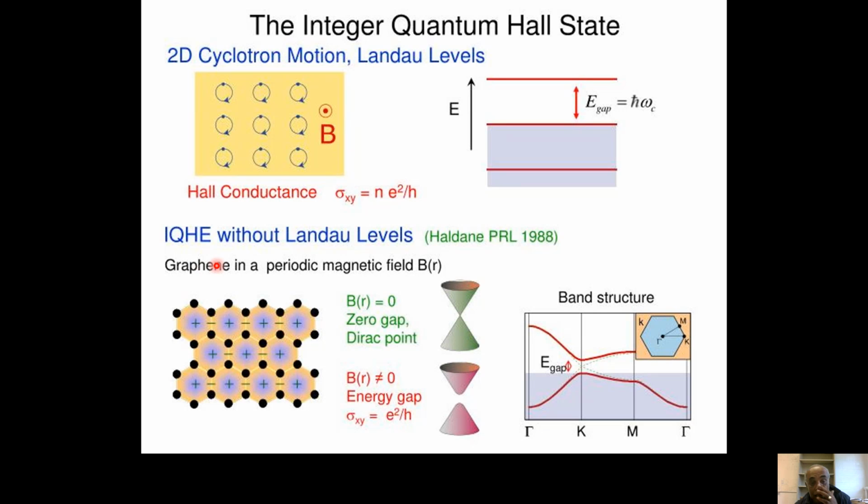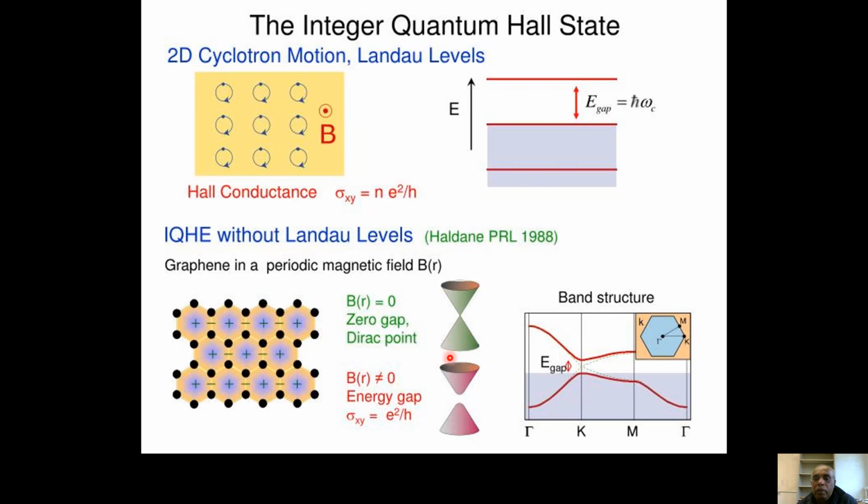Then later Haldane talked about this, because we know the quantum Hall effect all comes from Landau levels, right? When you have a magnetic field, your energies are split into equally spaced energy levels given by h-bar omega c, where the cyclotron frequency is eB over m. But in 1988, Haldane showed you can even see the integer quantum Hall effect without this Landau level splitting. What he found was, if you have zero magnetic field,